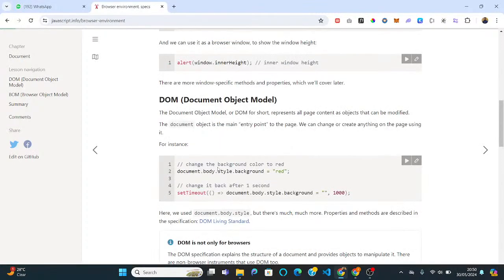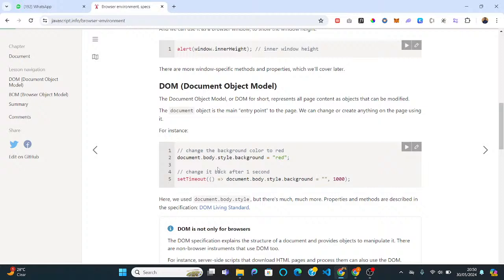So the DOM is the Document Object Model and all that. We can use it to access our document, modify our document and all that. That is what the DOM is all about. That's why you say the DOM is the Document Object Model. You can use it to access a whole lot concerning the